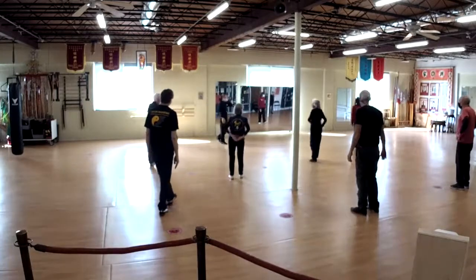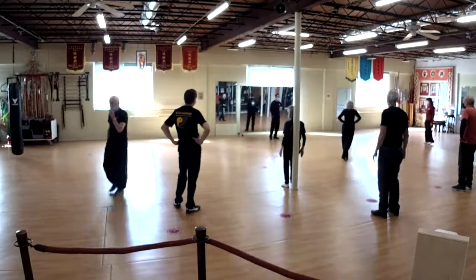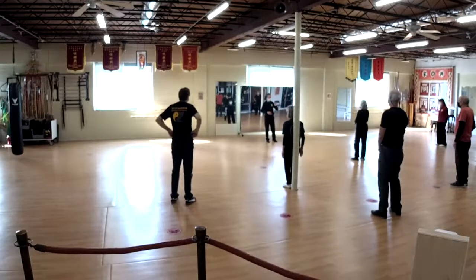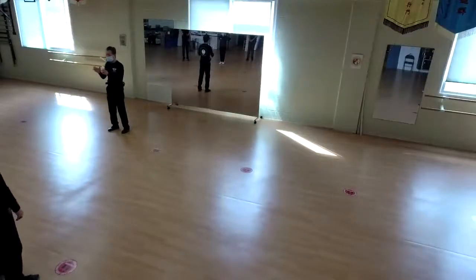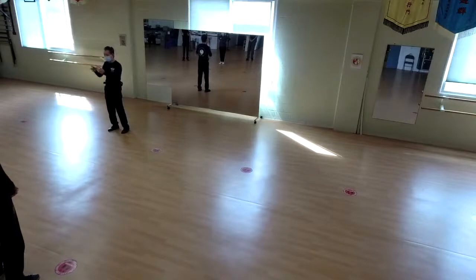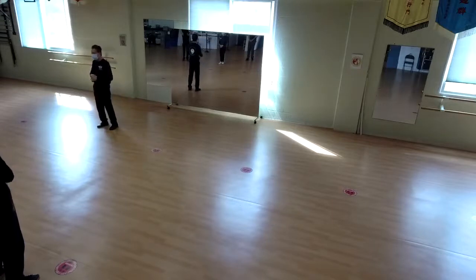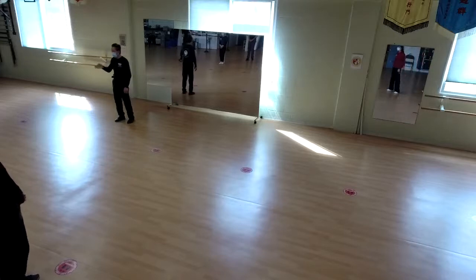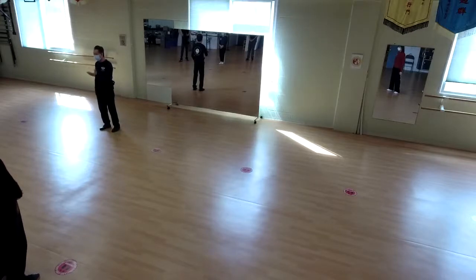So the form essentially is broken up into sections. You can use the cloud hands as a guideline of what happens next. But within the sections, there's subsections, because all the way up to the first cloud hand, that piece is pretty long. Then after the first set of cloud hands, your kicks. That would be a section, just the kicks. Even the kicks can be broken into sort of subsections, the two categories of movement there. And then you go on to your second set of cloud hands, and then you have your downward posture, and that section leads to a repeat that happens in the first side with the repulse the monkey and insert needle and so forth. Then you get to the third set of cloud hands, you have the palm strikes face, and